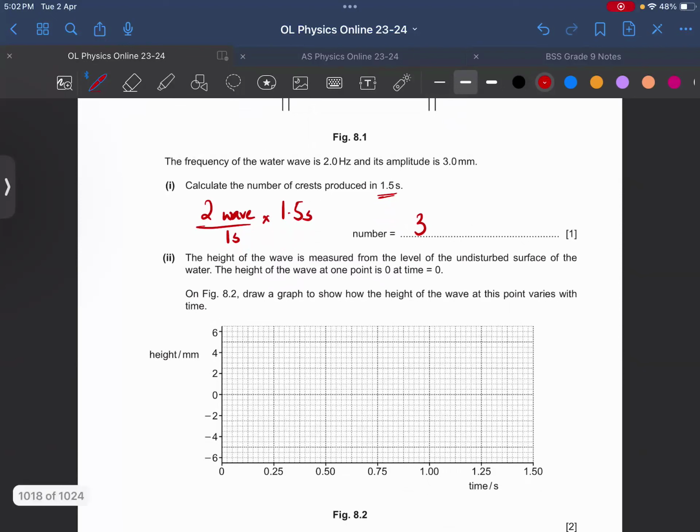Height of the wave is measured from the level of the undisturbed surface of the water। The height of the wave at one point is 0 at time t equals 0। ठीक है, so I know my first point 0, 0। I draw a graph to show how the height of the wave at this point varies। So हमें पता है कि frequency is 2 hertz। So if I just use this formula t equals 1 over f, so time is 0.5 seconds। So इसमें एक पूरा wave बनेगा। और amplitude इसने मुझे बताया है this is 3 mm। So ये amplitude mean position से। So 3 का मतलब this, और फिर 3 का मतलब।